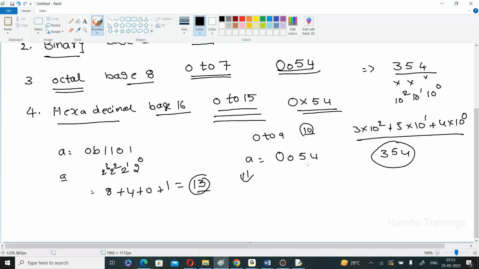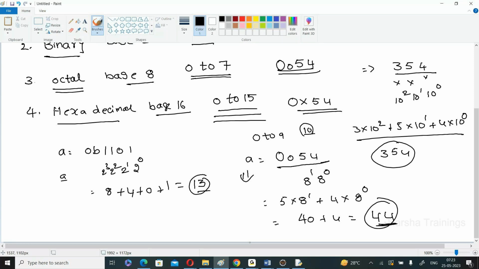How? Octal representation means base 8: 8 power 0, 8 power 1. 5 into 8 power 1 plus 4 into 8 power 0, that is 5 into 8 is 40 plus 4 into 1 is 4. Remember, if this is an octal number, this is my decimal number. Now the calculation is performed on 54 or 44? Whatever the calculation, it is done on the number 44. I think you are clear. Now my final point is,